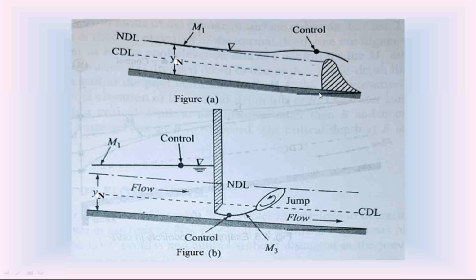So at section 1, that is at the control section, we know the velocity of flow V, C is known, and the hydraulic radius R is also known. Find out the slope of the energy line SF at section 1. Then coming to section 2.